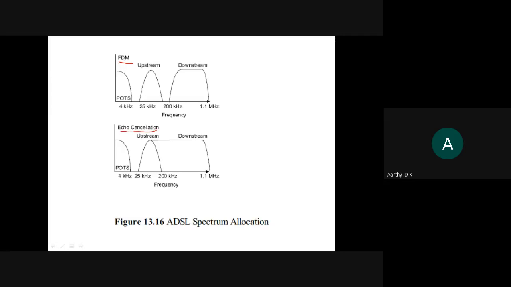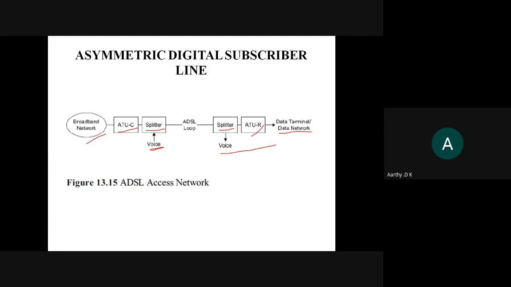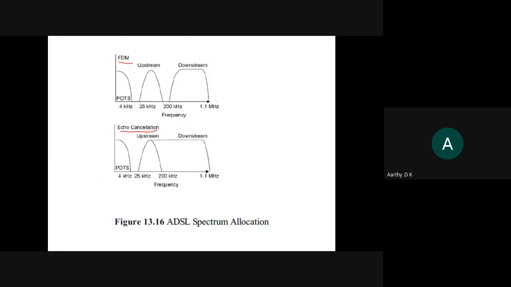What FDM does is, after the output you get from your ATU-R, it should be divided into upstream and downstream. For that, it divides whatever inputs it receives into bands.